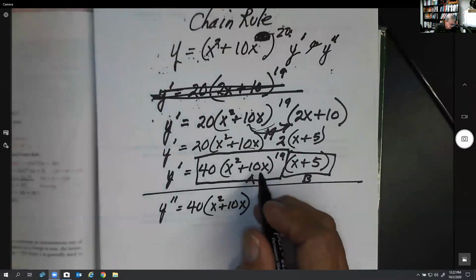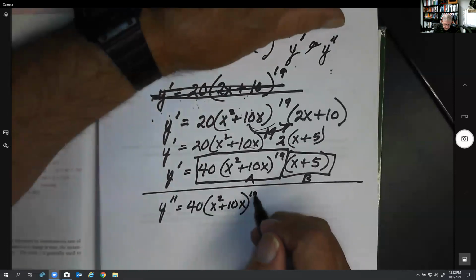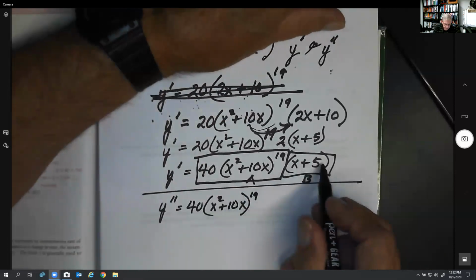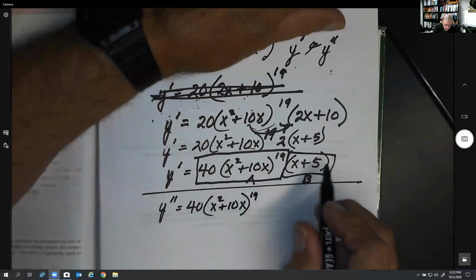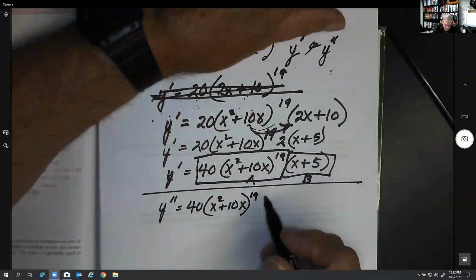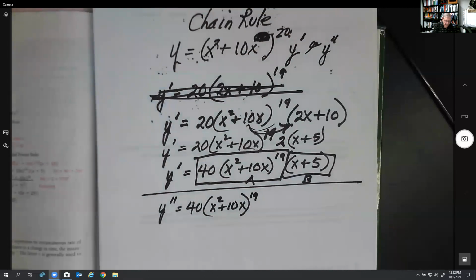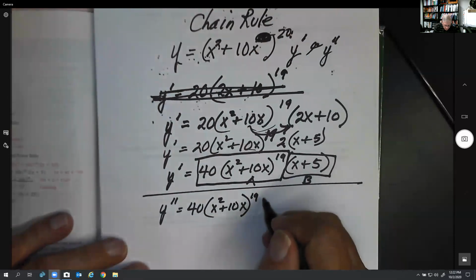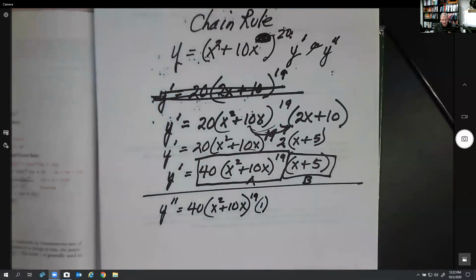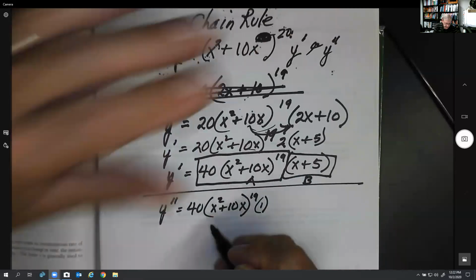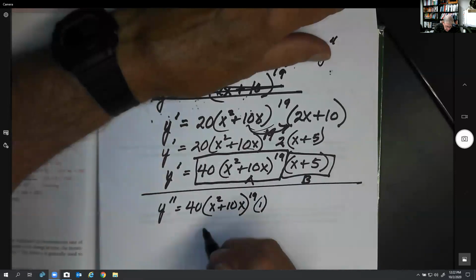Does it have an X in it? Yeah. x to the 19 times the derivative of B. B would be just 1, huh? Now, you wouldn't have to write that down, but I usually do because the book did also, because we want to show that we did take that derivative. Plus, and I know I'm going to run out of room here, plus